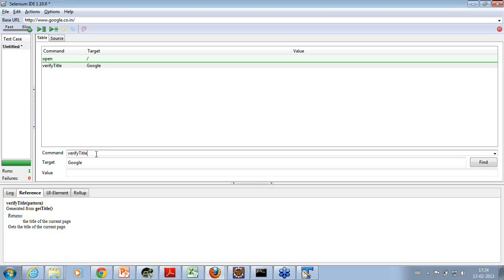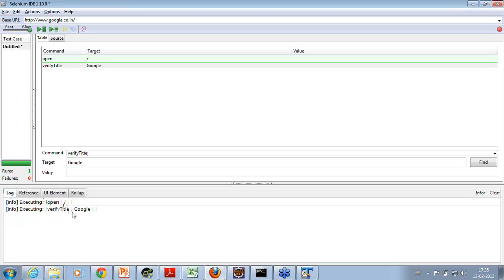Here you type in the command and it gives you the details. You can enter the command over here, and we'll see what the different commands available are. We don't have time to go through all of them, but I have a full-fledged course on Selenium test automation on TechGig, which you can subscribe to and learn about all these commands. And then the target and the value, and for each command you have the reference description that comes up, and when you run the test, the log, that is, the result of each step, keeps on coming over here.